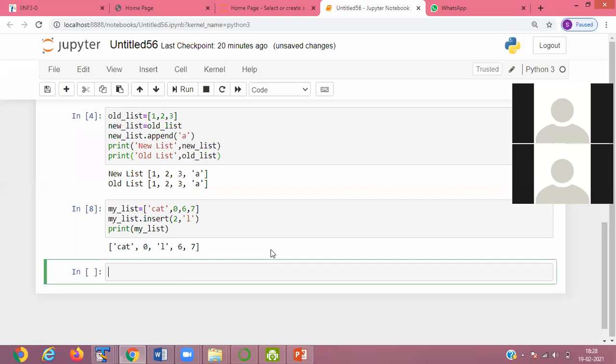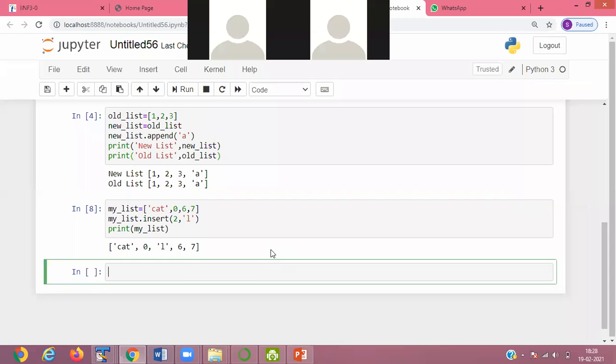Okay, so next is the insert method, another method we are using. Suppose it is a mixed list. Mixed list means it can contain a dictionary or tuple, which we have to learn after this.